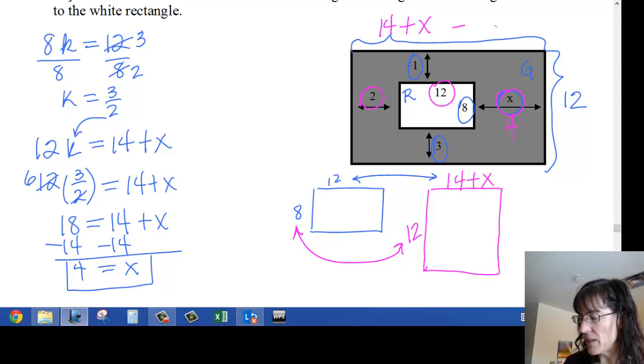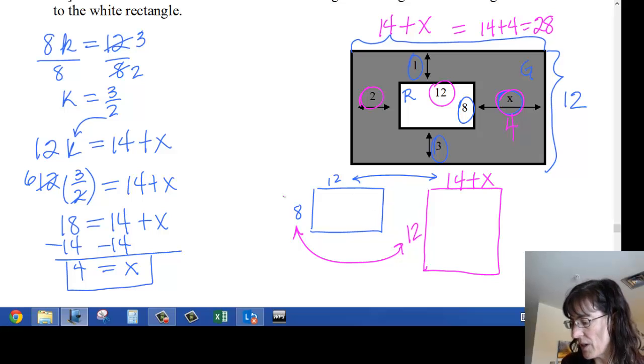And that means that this 14 plus x will be the 14 plus 4, which is 28. So I'll have a 28 by 12 for outside dimensions, and that should be, if I look at it here,